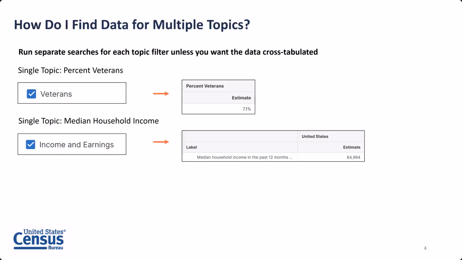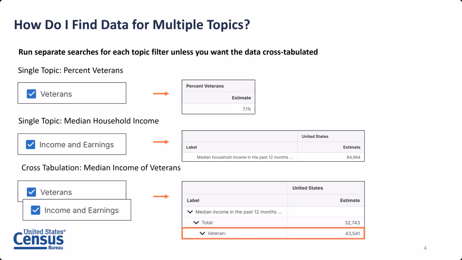When I select the topic tag for income and earnings, that would take me to all of the tables that are tagged with the income and earnings topic, including this screenshot that shows median household income in the US being $64,994. So do keep in mind, you typically want to run them as separate searches for each topic unless you